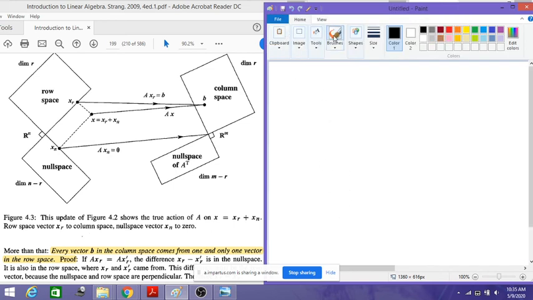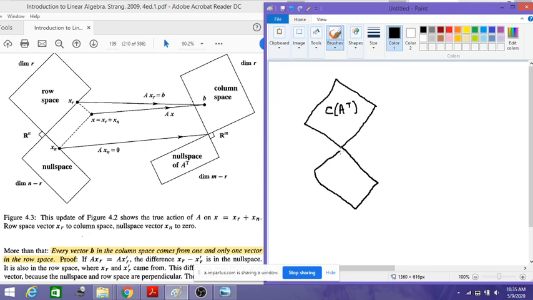So let's write the same diagram which we had written before. We have the row space, which we can represent as C of A transpose, which is perpendicular to the null space, N of A, and these two are perpendicular. This is in a subspace of R power n, and this has a dimension of n minus r. So now if we look into the column space